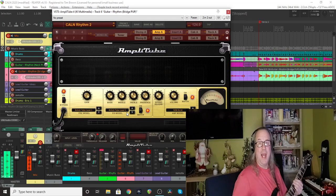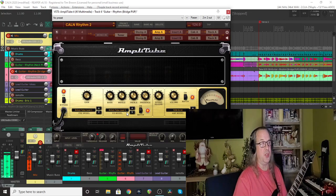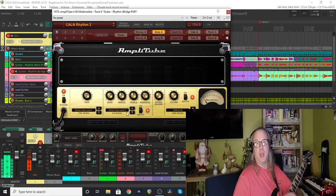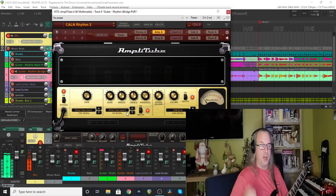Okay, so I layered two different guitars. I've only got my one electric guitar, so in order to sound a little more interesting, maybe sound like there's two people playing in a band, I dialed in a little bit of a different tone. I didn't want to go drastically different because I want them to mesh together in your ears better,